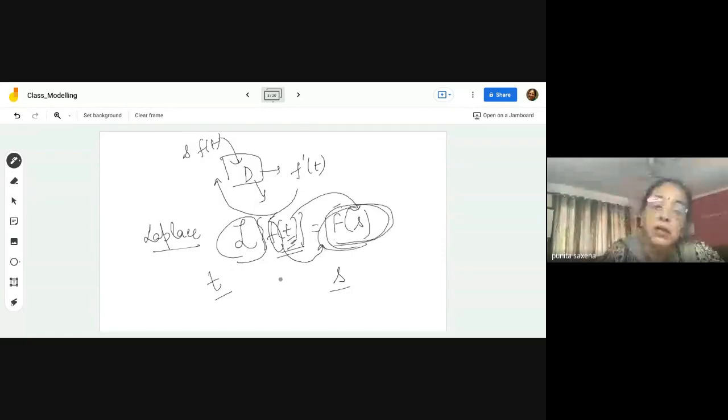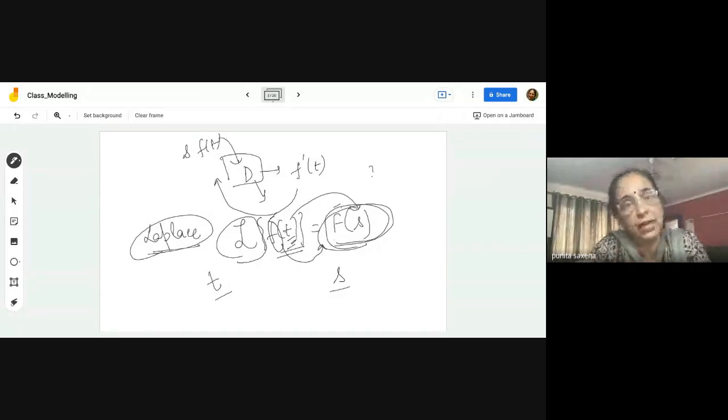Now, if I operate the Laplace transform on any differential equation, the question, as I said, should be: why do we need it? The answer is that we have seen how to solve ordinary differential equations. We have also come across situations where the coefficients are functions, and they can be ordinary points or singular points. And we have seen how to solve those differential equations also, where we get the solutions in terms of some infinite series. Now, supposing your differential equation itself is complicated and more time consuming.